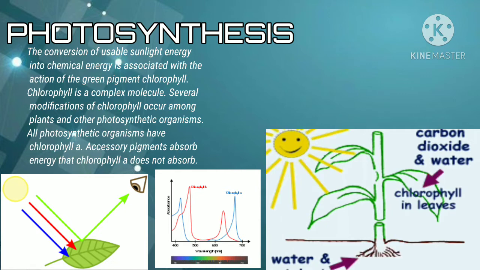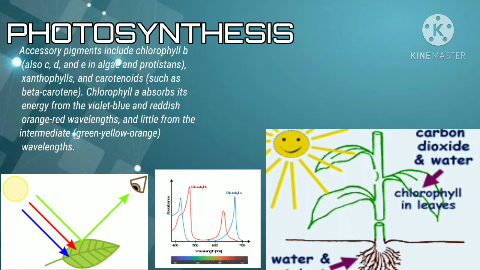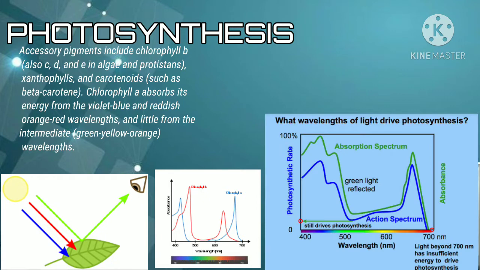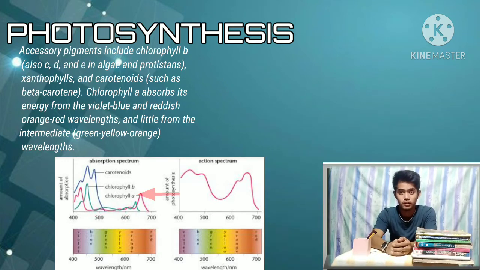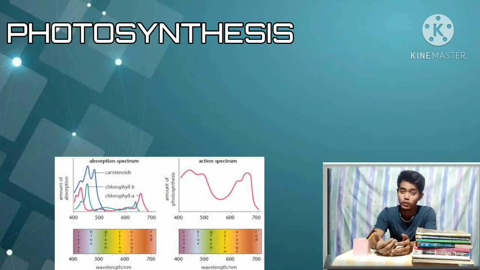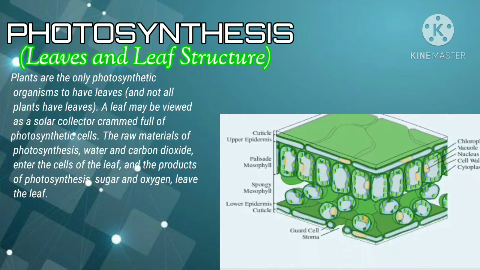Accessory pigments absorb energy that chlorophyll does not absorb. Accessory pigments include chlorophyll B, also C, D, and E in algae and protists, xanthophylls, and carotenoids such as beta-carotene. Chlorophyll A absorbs its energy from the violet, blue, and reddish orange-red wavelengths, and little from the intermediate green, yellow, orange wavelengths. Now, let's move on to